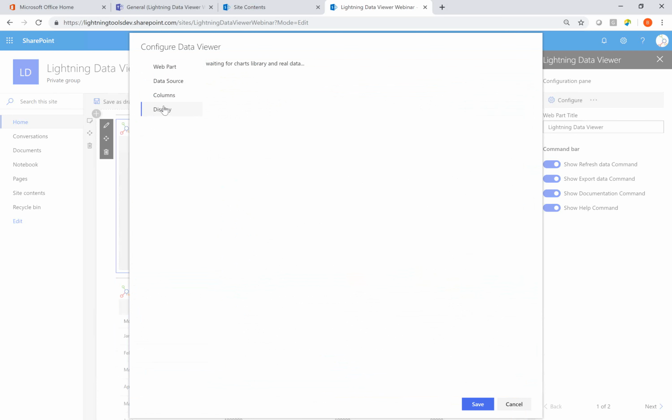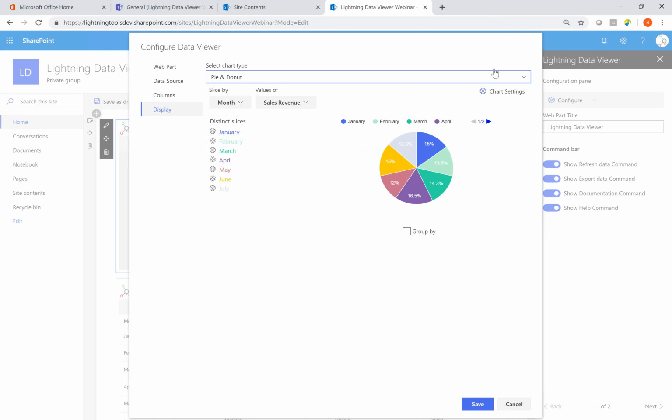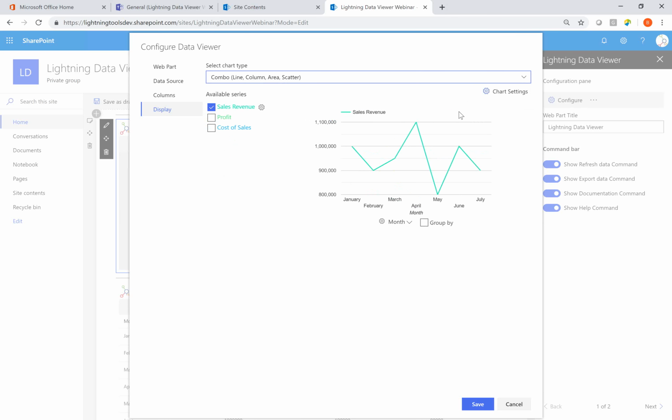And we'll go to the display tab, and you can see how that now differs from building a grid view to building a chart. So there's two main types of charts that you can create. We've got combo charts, which include the line, column, area, and scatter, or we've also got pie and donut charts as well that you can choose from. So obviously, which one you choose will depend on the type of data